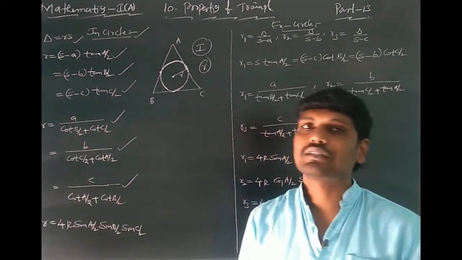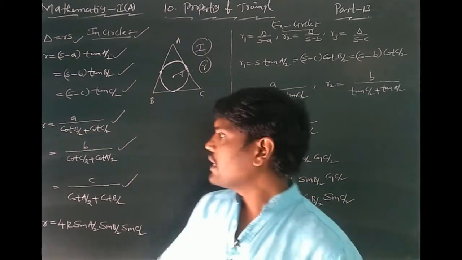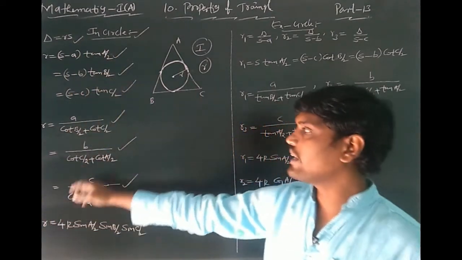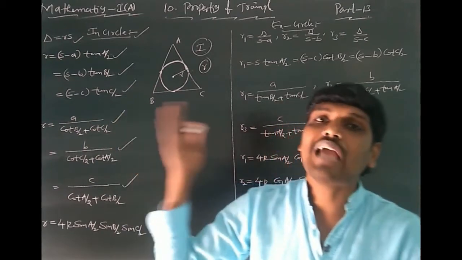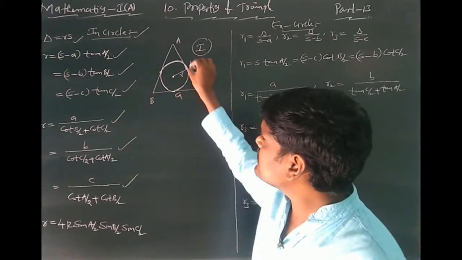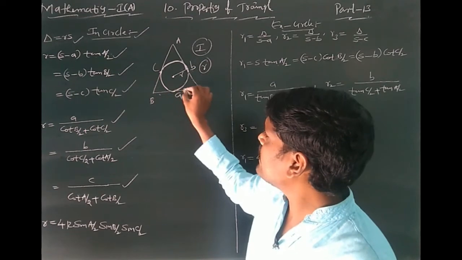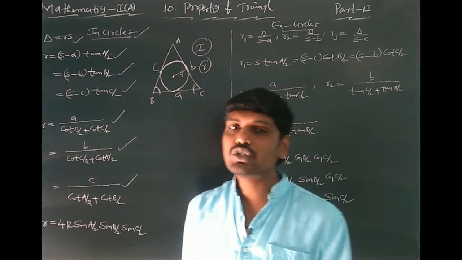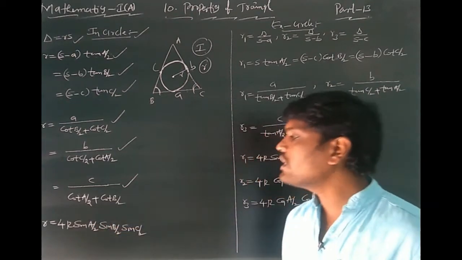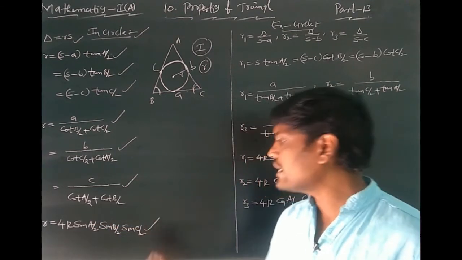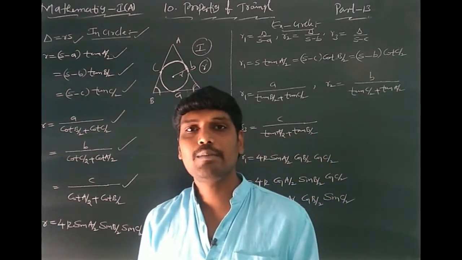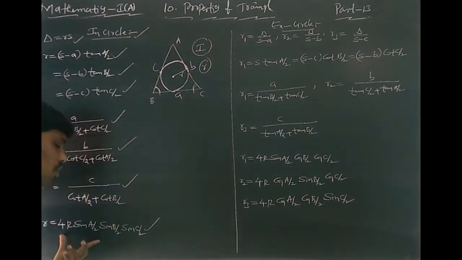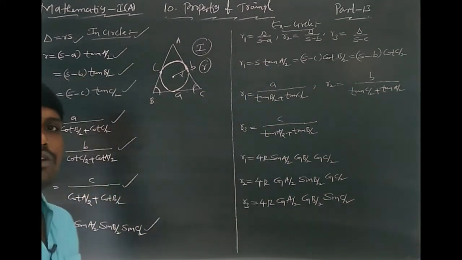These three formulas are some more different formulas. Here these three formulas are also different, using the side with respect to the angle. Here also the sides are opposite the angles: this is small a, this is small b, this is small c. Here, for small a, you can draw angle B by 2 minus C by 2 this way. Next, small r equals 4R into sin A by 2 into sin B by 2 into sin C by 2. This is a very useful formula.